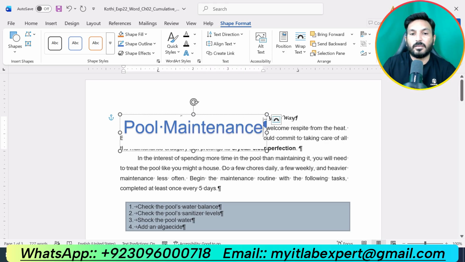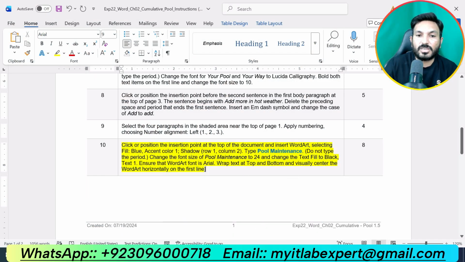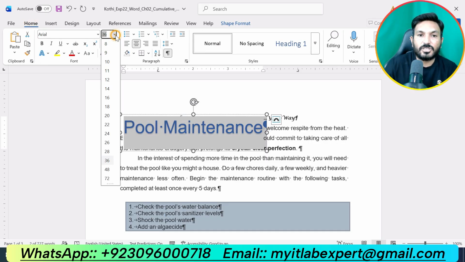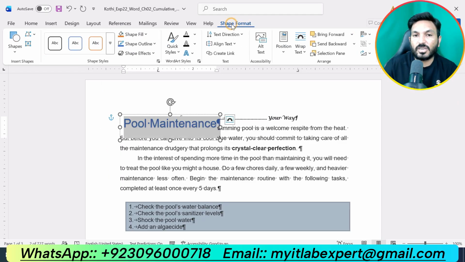Okay, here we have typed Pool Maintenance. Then we are supposed to change the font size to 24 point and change the text fill to Black, Text 1. Select it, go to the Home tab and change the font size to 24 point, and again go to Shape Format, go to Text Fill here. Text Fill should be Black, Text 1, this one.